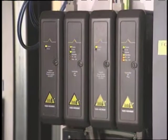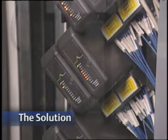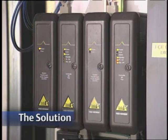Second goal was to improve the quality of the product that we roll in the hot mill, and the walking beam furnaces definitely do that. And really the third issue was to conserve energy, to be able to reheat these slabs in the most efficient manner possible. To optimize output from its furnaces, Ispat looked to the DeltaV digital automation system from the automation supplier